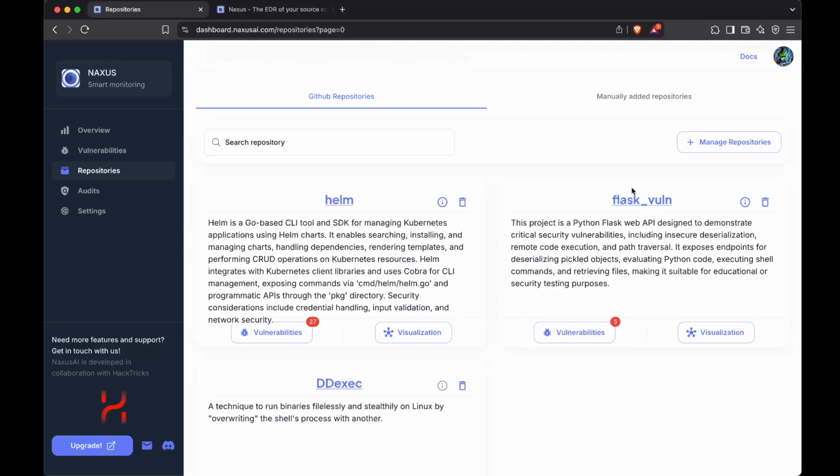NaxusAI is going to be able to understand all the parts of your code, and with parts I mean classes, functions, global variables, global code, all the dependencies, all the relationships between files in your code, and then it is going to be able to find all the dependencies on each node of your code. So imagine that, for example, a function is calling a different function of a different file. NaxusAI is going to be able to find this, and it is going to be relating those two functions inside